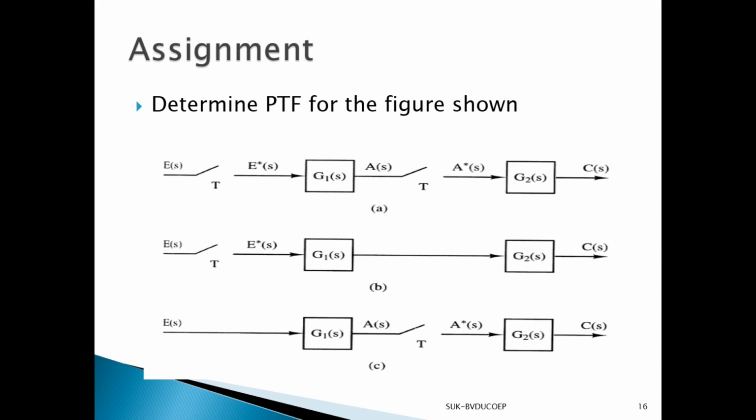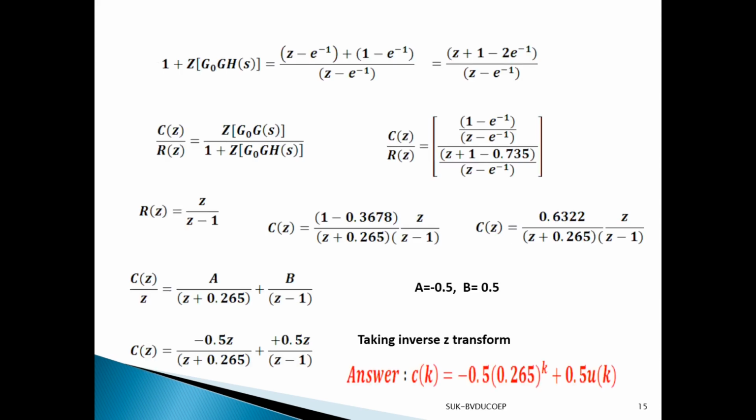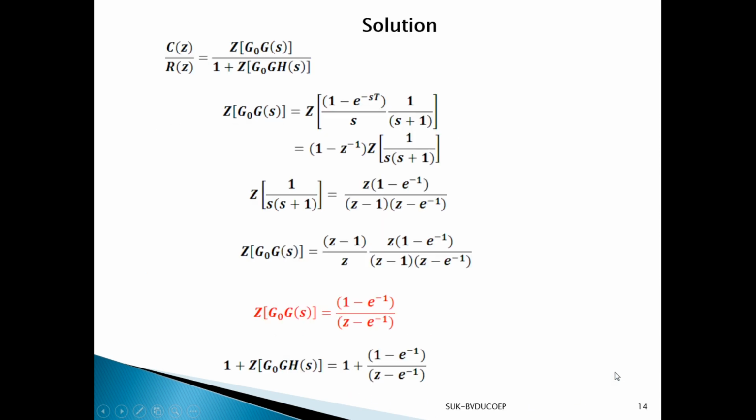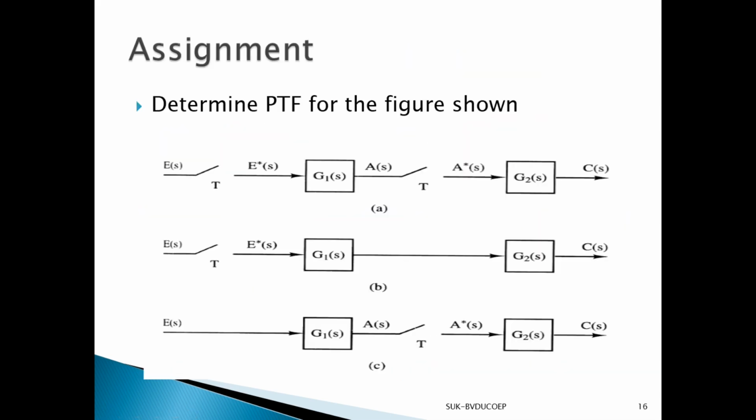Very important concept, pulse transfer function. After knowing the transfer function, what will be the next step? Because after the pulse transfer function, we found the output for the step response. So what will be the next step? The next step will be to find the stability of the closed loop system. You can understand what we are trying to understand from digital control. Only thing is, just by putting a sampler into the circuit, the complete mathematical model of the system will change.